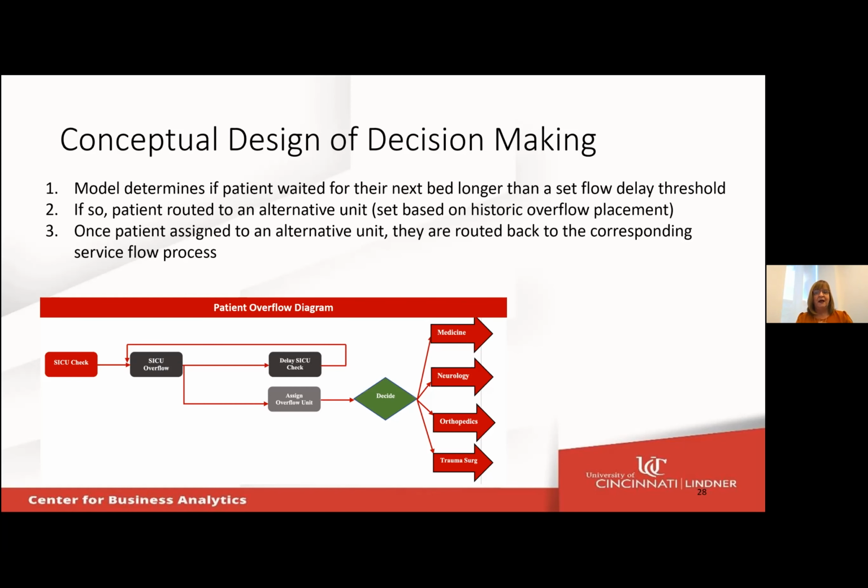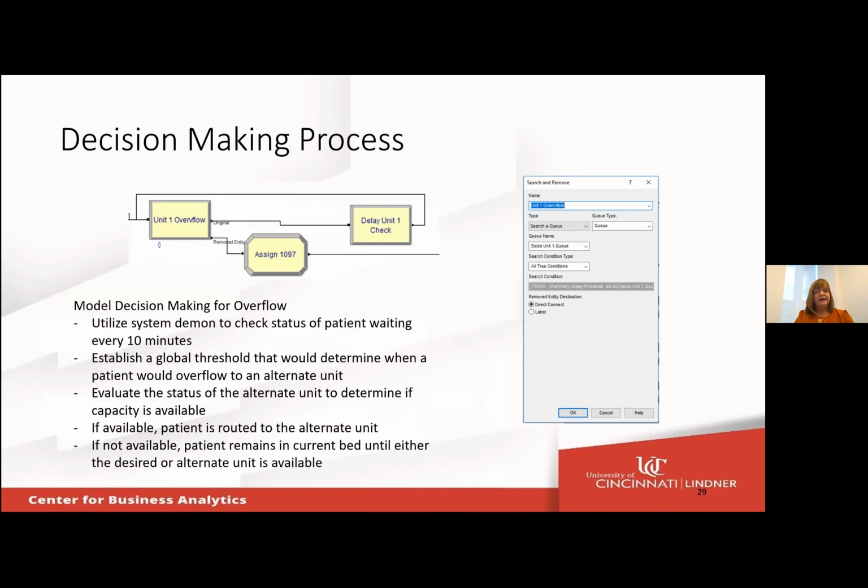And this was based on historic overflow placement, and again, partnering with UC Health to get this information. Once the patient was assigned to an alternate unit, they were routed back into their normal service flow, and they finished their stay at the hospital. Actually was implemented using this. So we created a daemon that looked every 10 minutes and said, okay, is anybody waiting more than a day for placement in a certain unit? And if they did,